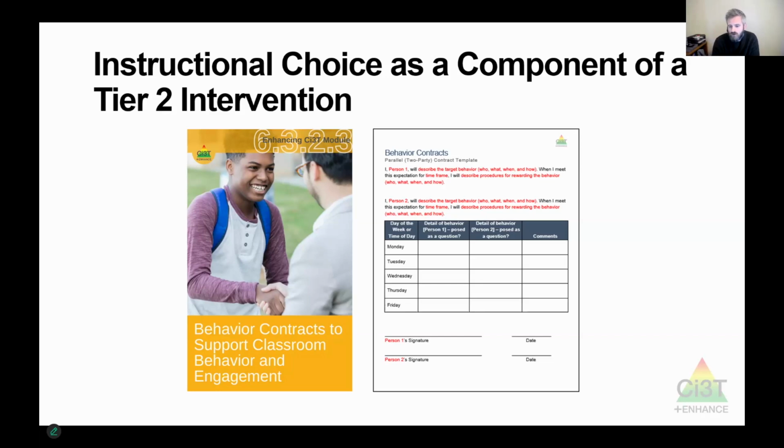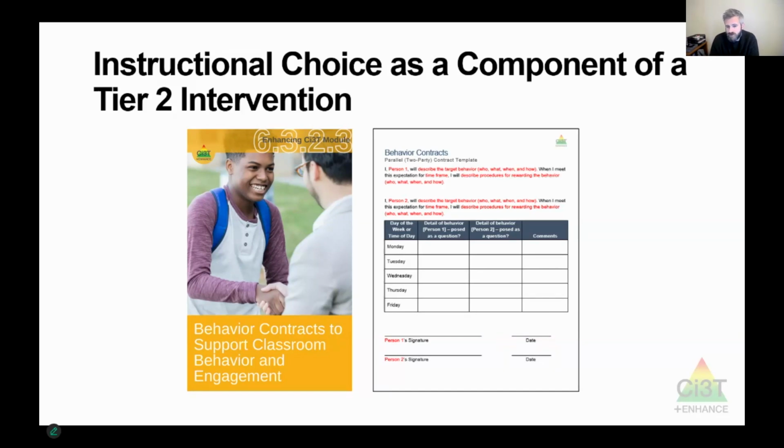Now, what can we do to help the student during math, not only to be more successful during their instruction, but maybe even more successful to meet this goal as part of the behavior contract? Maybe we say, okay, we know we're focusing on math. We know we have this behavior contract in place to hopefully help out, but I'm going to go a little above and beyond. And I'm also going to add additional opportunities for the student to make choices during math time when I know they struggle to complete their independent work. I'm going to go to that student and make sure that they know they do not have to finish that whole sheet. They can choose even or odds. And I'm going to make sure that they know that they can choose where they'd like to sit while they do their math work, right?